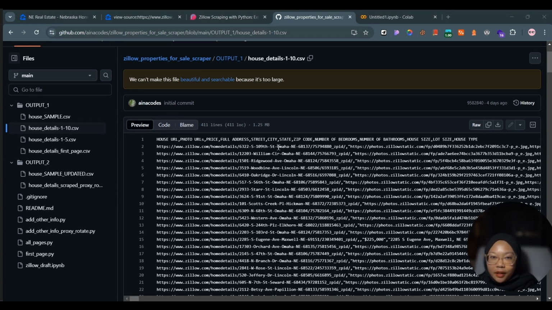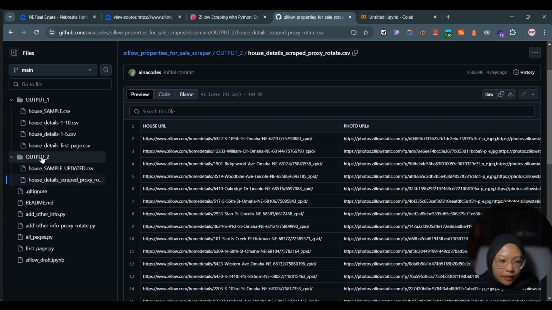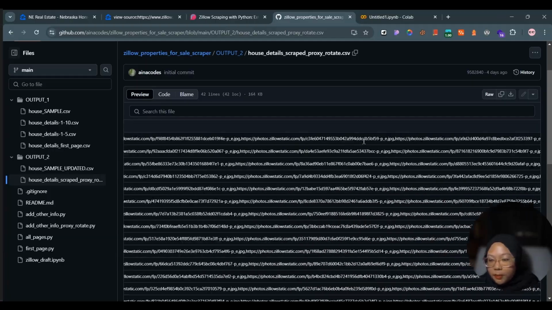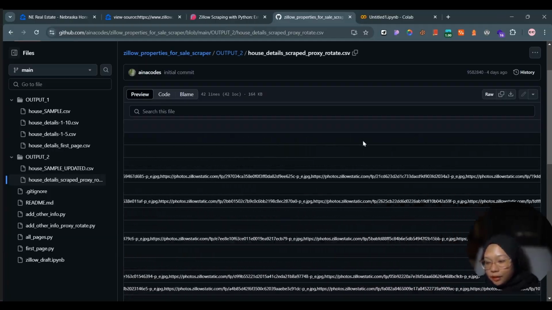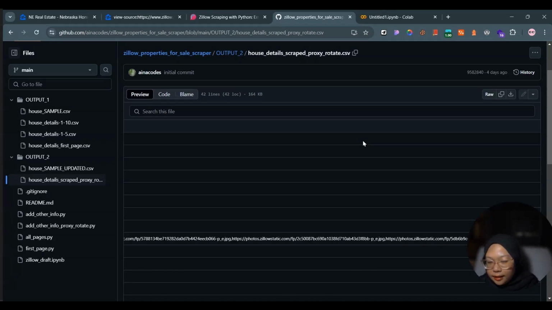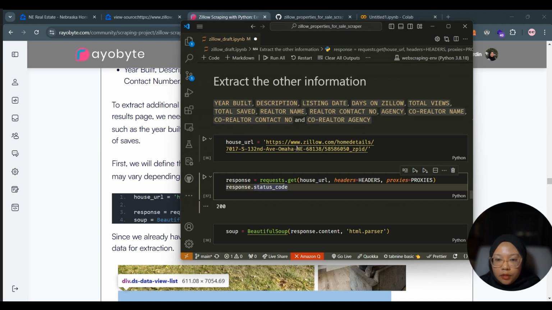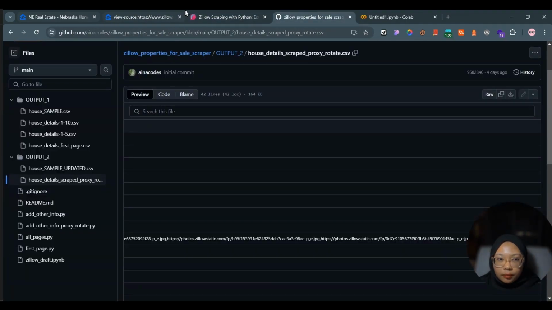And then for the second part, we're going to send the URL to the individual house, which later on we're going to save inside another folder, where you can see here it's called output 2, where it still has the information from the first part, but also the additional information from the house page itself. In the second part, we're going to send the request to the house URL itself. So for here, if we go to this house page,